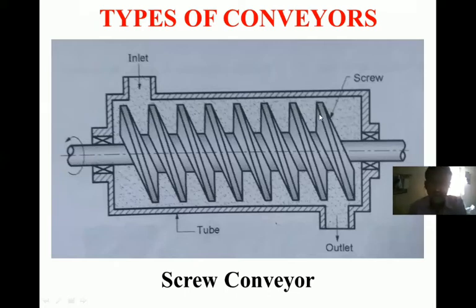This type of conveyor is specially useful where the material is in the form of liquid, or semi-liquid. Also, if the material is at high temperatures, we can use screw conveyors. That's why this type of conveyor finds applications in plastic moldings, where the plastic is melted and transferred to the dies, where shape is given. Its main disadvantage is that its transportation capacity is very less.